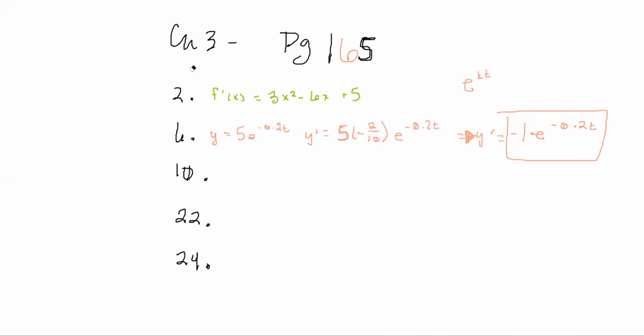Let's do number 10 then. Just to review that, when you find the derivative of e to the kt, you just bring down the k. Yep. And you don't have to subtract one like you would normally do to find a derivative, right? No, because e to the t is a different function than x to some number. Right. Got it. This k is like a different entity, which is something that you'll kind of figure out if you're trying to find the derivative of